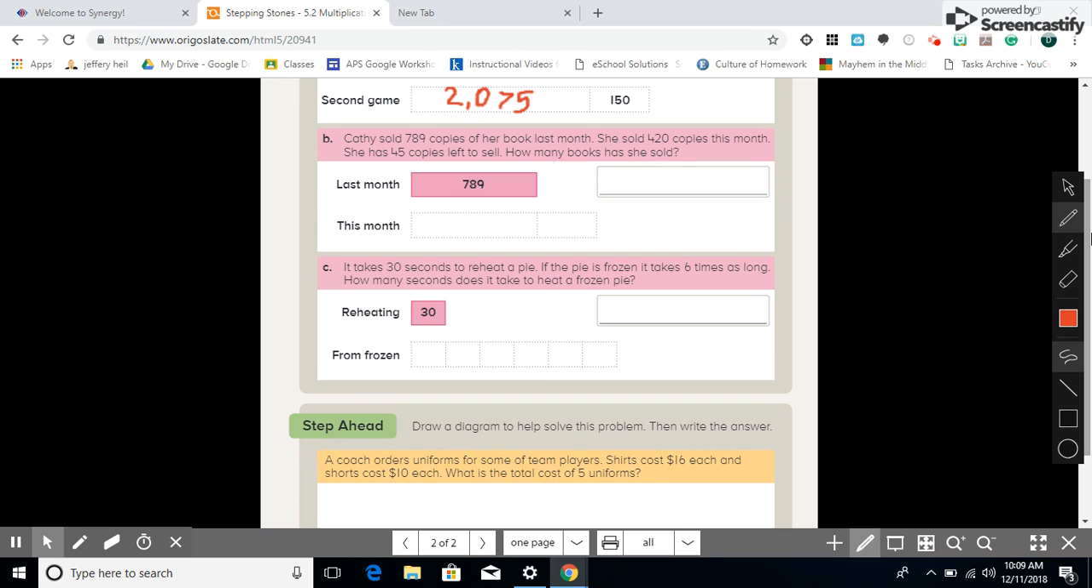B says, Kathy sold 789 copies of her book last month. She sold 420 copies this month. She has 45 copies left to sell. How many books has she sold? So this month,